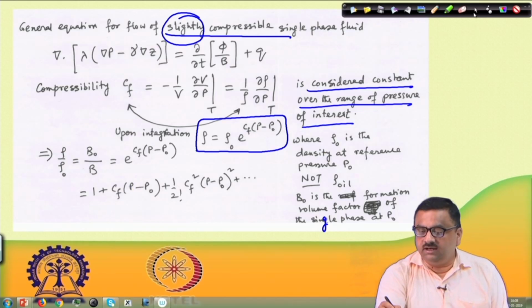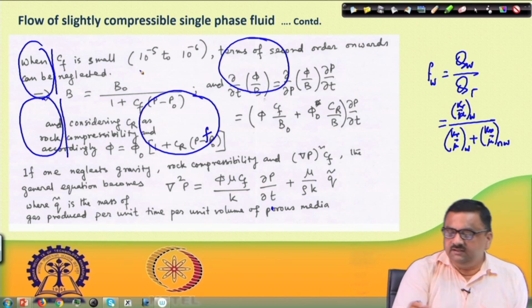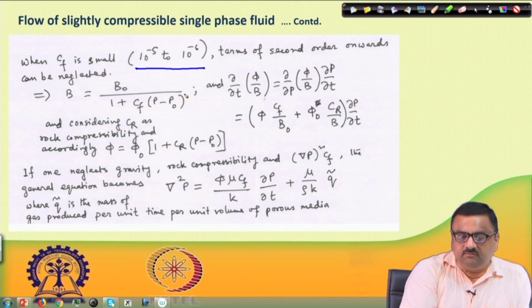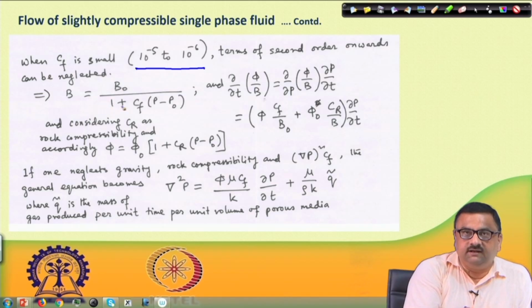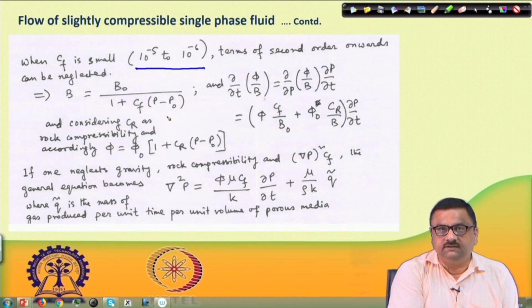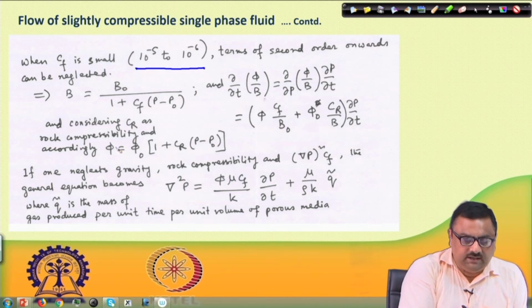So, the bottom line here is, if Cf is small, in the sense that if Cf is between 10 to the power minus 5 to 10 to the power minus 6, then terms of second order onwards can be neglected, and then B by BO was rho by rho O. So, from there one can write B is equal to BO by 1 plus Cf into (P minus PO). So, in that case, del T of phi by B can be expanded in this form,